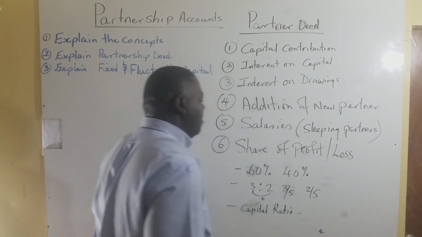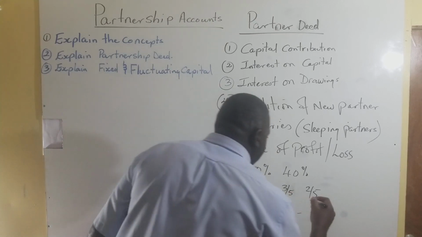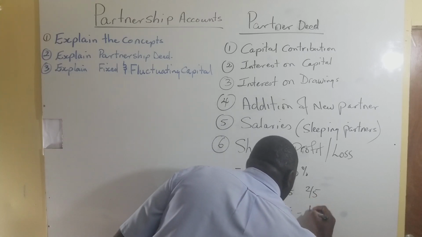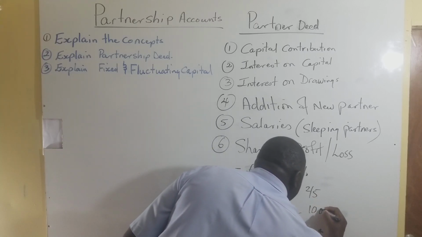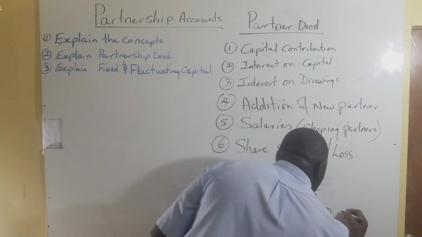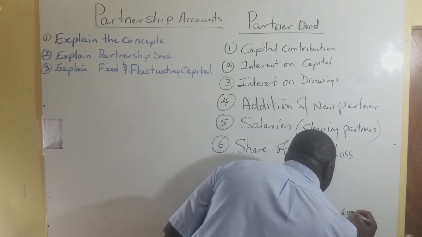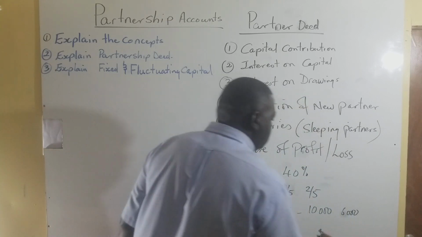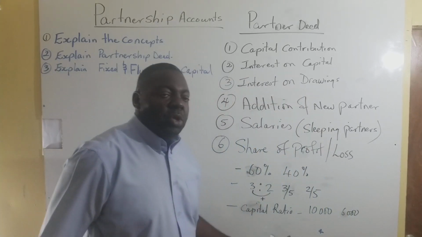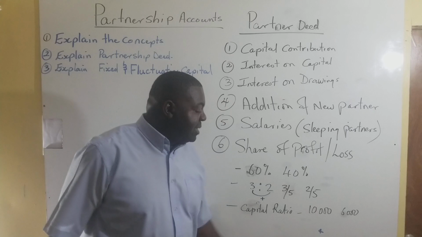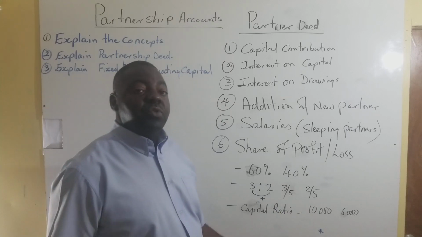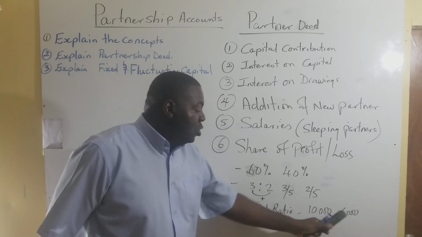Based on the capital ratio. So if one partner has introduced $10,000 and the other has introduced, let us say, $6,000, right? They will be sharing based on their capital ratio, and what you're going to do is simply to do